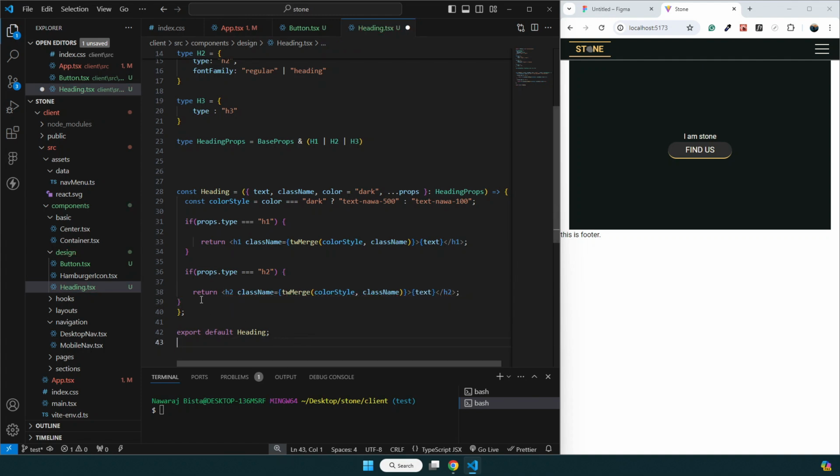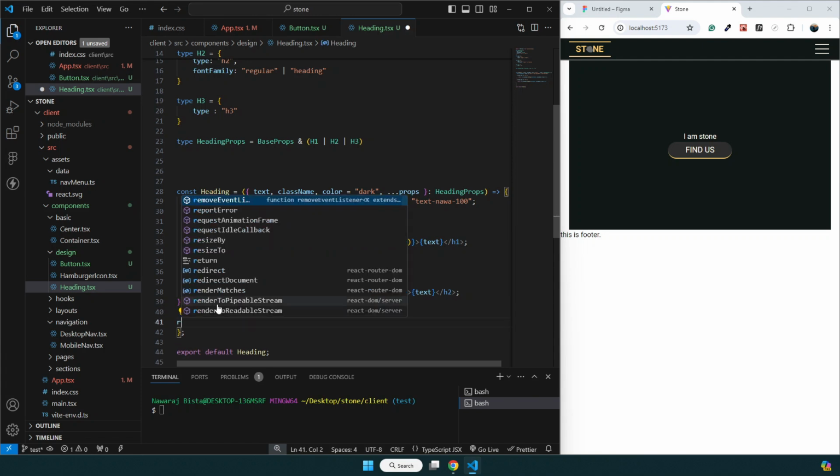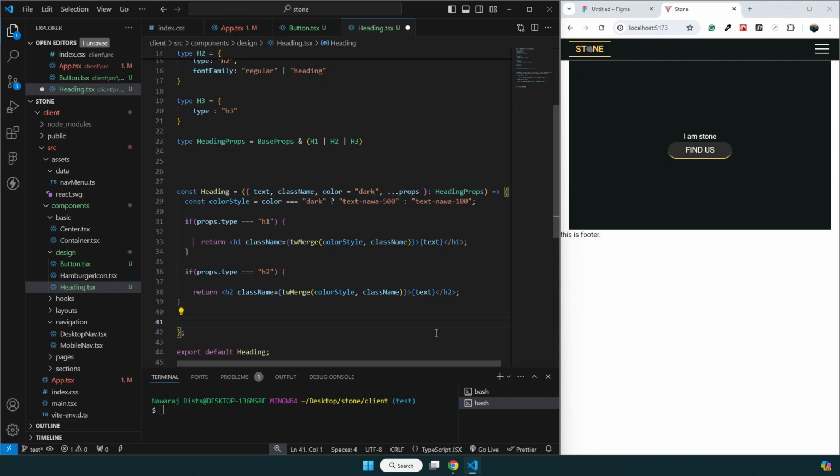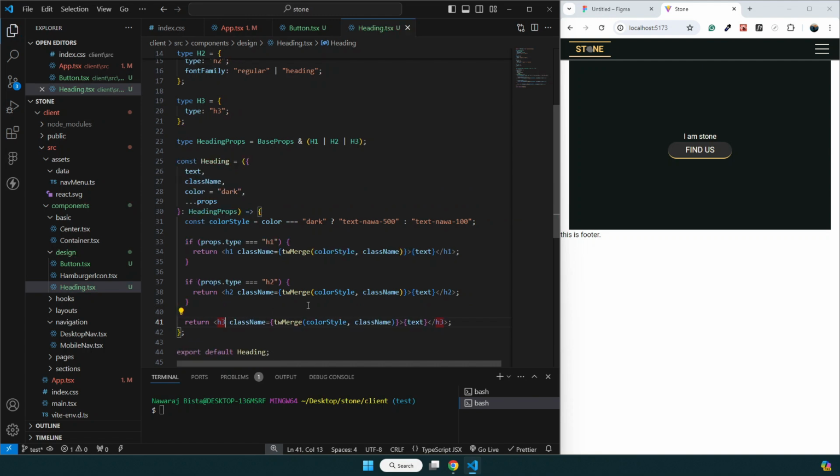Now finally I just have to return, because we already check if it is h1 return this, h2 this, then the only other type we can have is h3. So I don't have to say if or else anything like that. I can just return my h3 tag. Okay, all right,